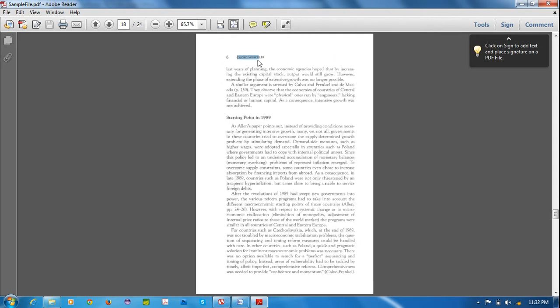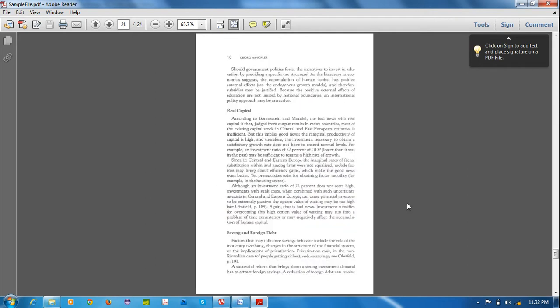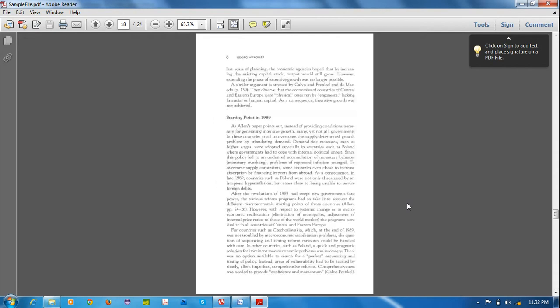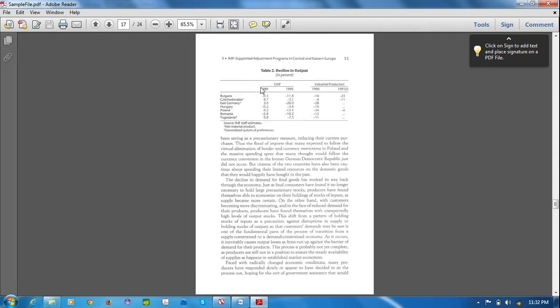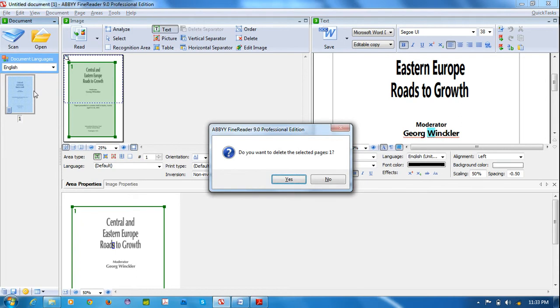But I don't want those things. Also, FineReader may not know whether this is a table or text, so it will take it as text, but actually this is a table. That's why I prefer manual joining.